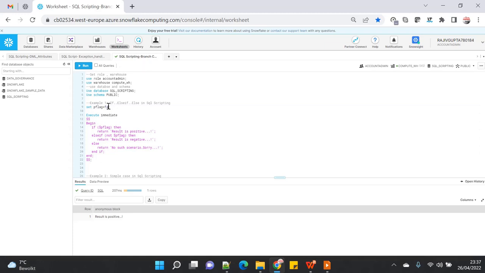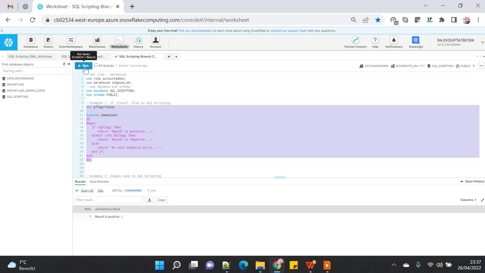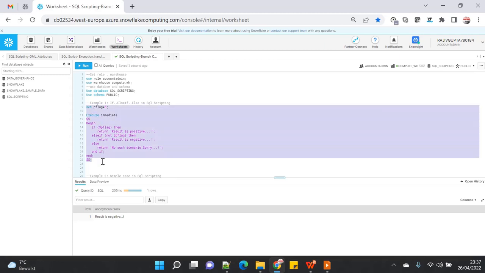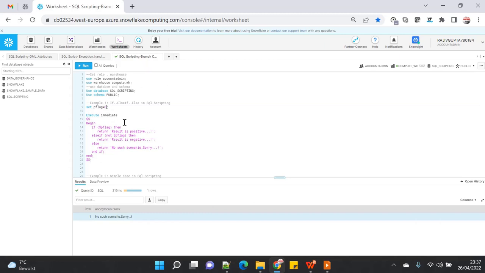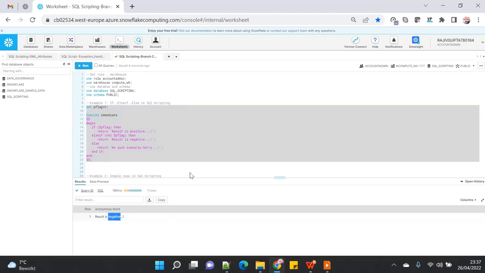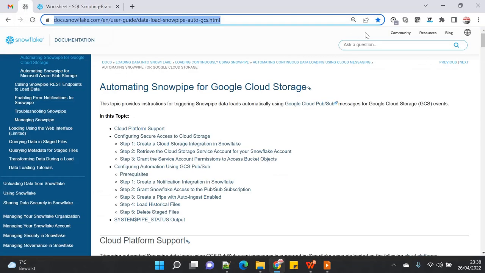And if I say false, and if I execute again, it will say the result is negative. But say if I pass 5, which is not a right value for a Boolean variable, it will go ahead and say sorry, no such scenario, right? But similarly, if I pass 0, whether it will fail or pass, it will pass, and it will say negative because if you go and see the variable in the documentation, if you go here and see the